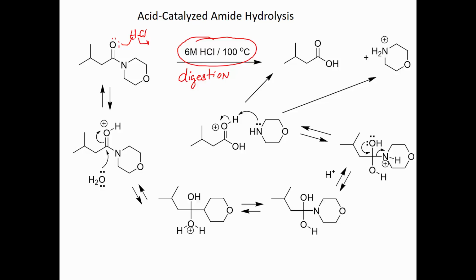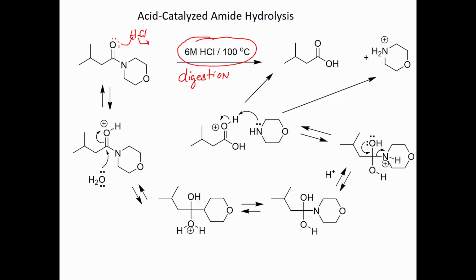Okay, we get the protonated amide. This now reacts with water to give us the tetrahedral intermediate. Okay, we lose the extra hydrogen to get this tetrahedral intermediate, and the acid is now going to